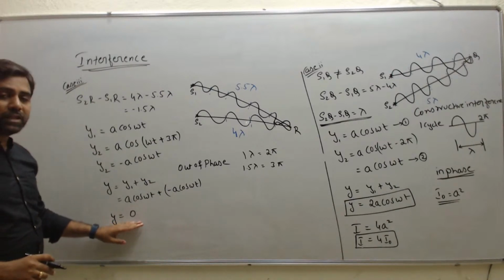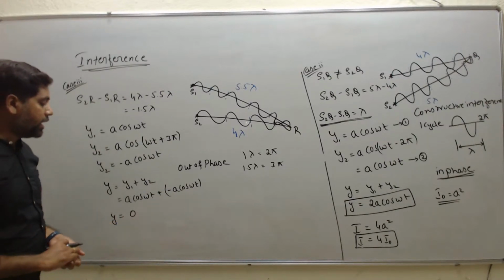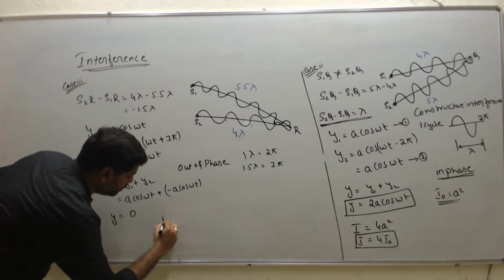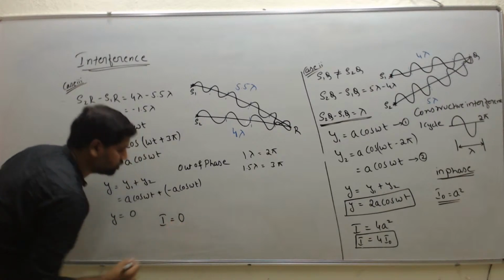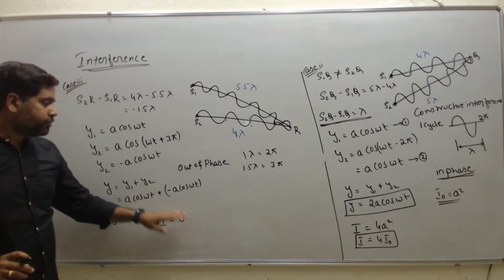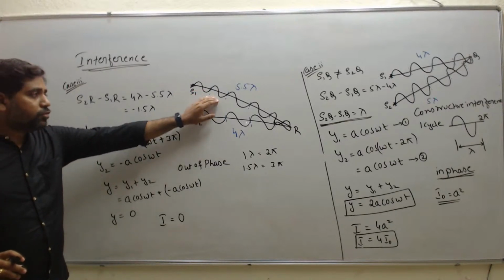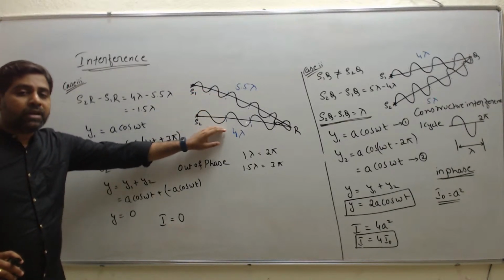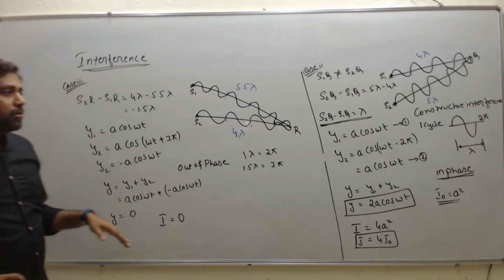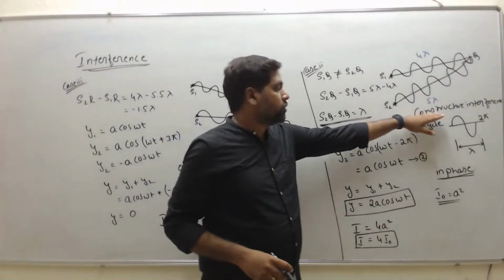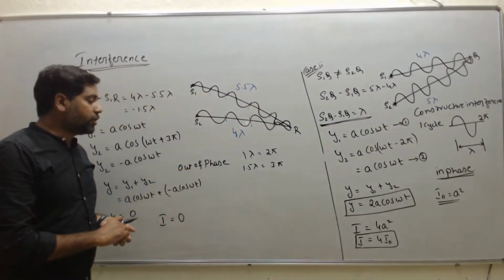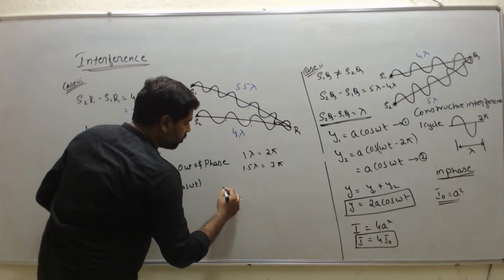The resultant displacement is 0, and if we write the intensity for the resultant displacement, then we get I equal to 0. So if the intensity is 0, these two waves interfere destructively, that is opposite. Here we have constructive, that is adding up of the waves. Here it is destructive, hence the interference we call as